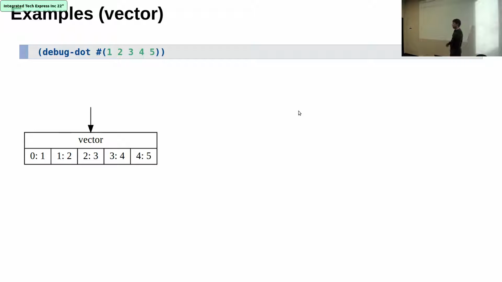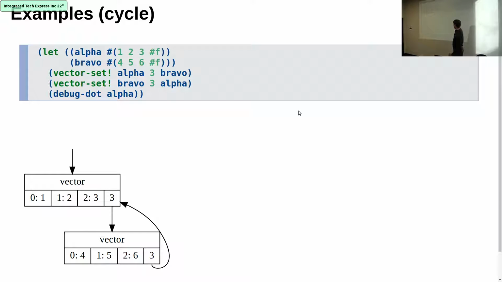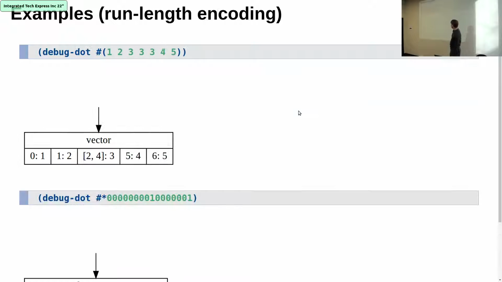And then, of course, a vector. In the case of vectors, I actually show the value in each cell and the index, like this. And then you can see I can make a graph out of 2 vectors, and it can display that properly. And then here's the run length encoding. So in this vector at the top, the number 3 appears 3 times in a row. So I show 1, 2, and then I say cells 2 through 4 contain 3, and then 5 contains 4,